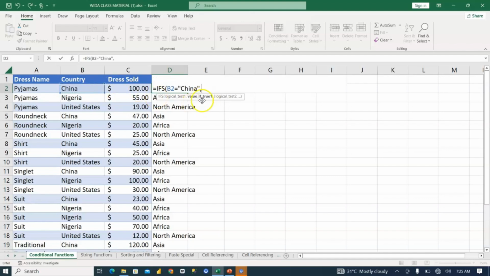comma, then it's asking you for the value if true. What should I bring if the value is true? That is, if it equals China, then I'm going to say give me Asia, comma. Now it's asking you for logical test 2. Then I'm going to say if this cell equals Nigeria, then give me Africa, comma. Then it's asking me for logical test 3. Then I'm going to say again that if this cell equals United States,